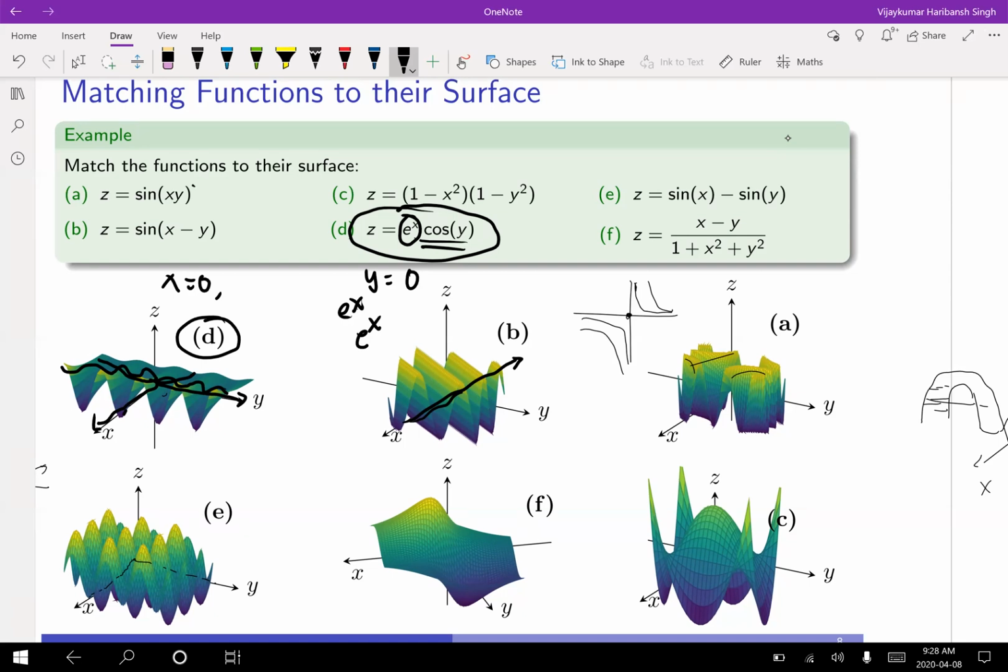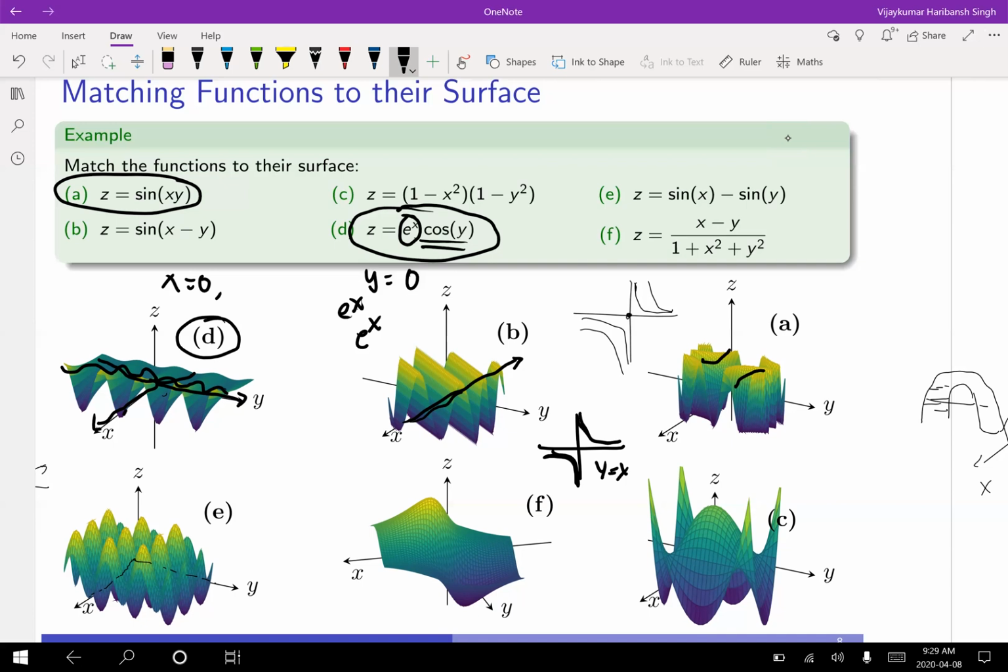Similarly, let's look at A, z equals sine of xy. Note that the sine of xy value cannot exceed 1. And xy equals 1 is how the y equals 1 over x graph looks like. On this graph, the value should be constant. If you notice here, in xy, the value remains constant. So this is how you can match this function, but the best way would be to discuss the